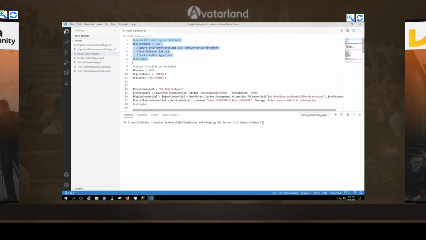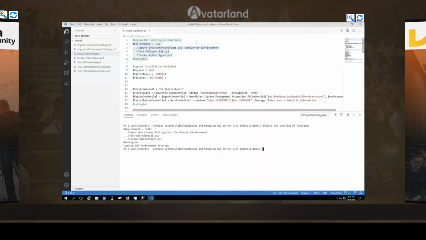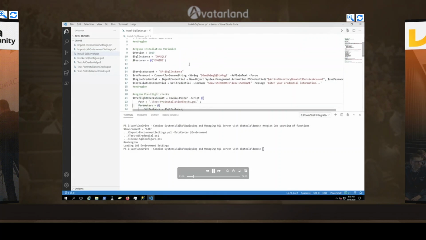On line 9, that's where I describe what version I want to install. So I can have 16, 17, 19, whatever it is here. And then I give the SQL instance a name, then what features I want to install. In this case, I'm just installing the engine for this example. We then have some code that